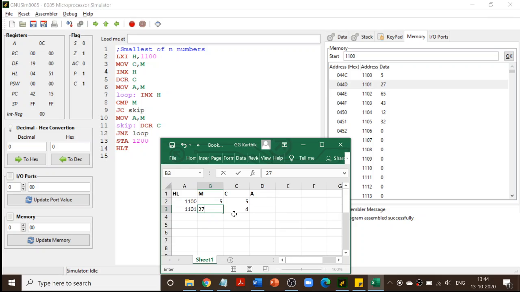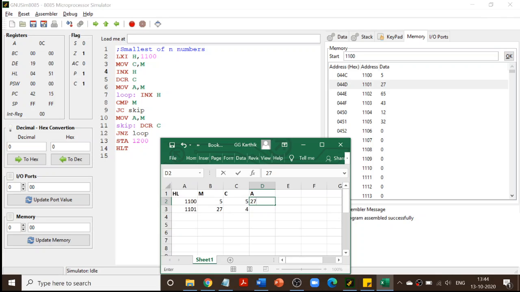Since 1101 is my HL register value, my M value will be 27. What am I supposed to do? I have to move M to A, the accumulator. I am going to move the M value, which is 27, to A.